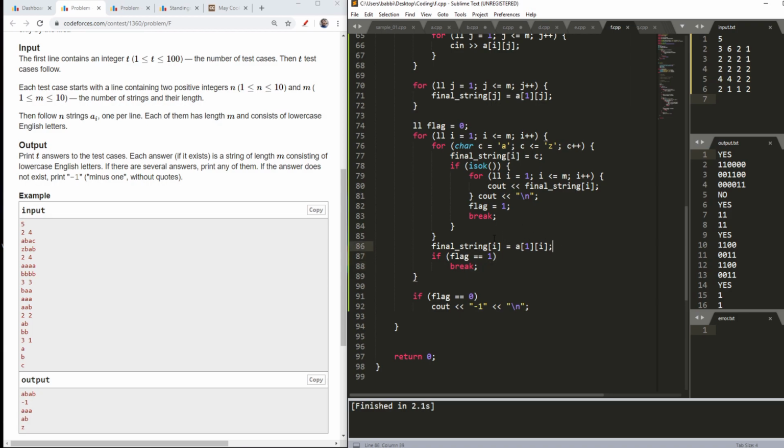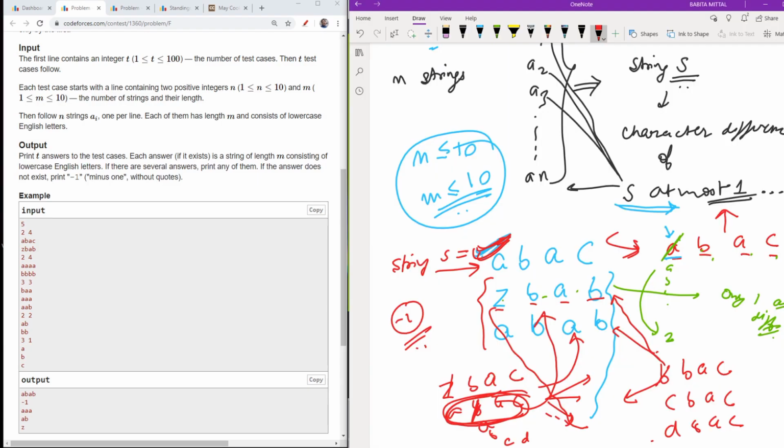And if it is not, then, as I showed you, when I moved from modifying this first letter to A, B, C up to Z, I again need to restore it to A, because I can modify at most one letter.